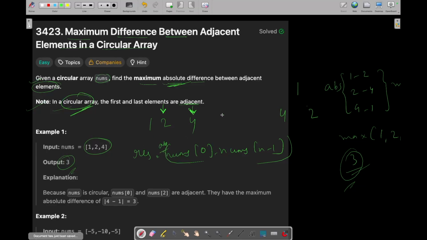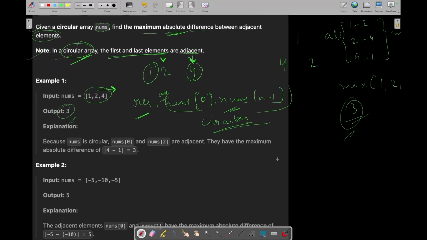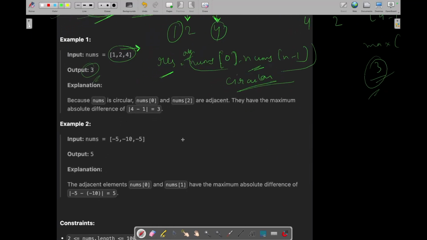Because in the case of circular array, we need to consider the difference of the first and the last element as well, because they will be adjacent, and rest all the things will remain same because it is just a simple array, and you can do simple iteration to check for the absolute difference between adjacent elements, and you can initialize your result with the difference between the first and the last elements, which will cover the case of your circular array, right?